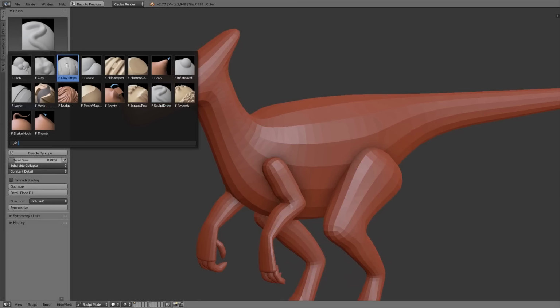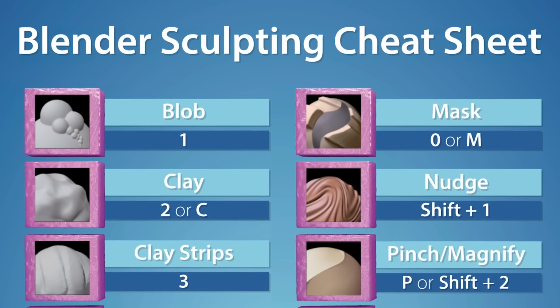Alright, now I choose a brush I mainly use for sculpting, namely the clay stripes brush. So when you start sculpting and get more into it, it can really help to know the shortcuts for all these brushes. And certainly I don't want to tell you all the shortcuts in this video, because luckily for you